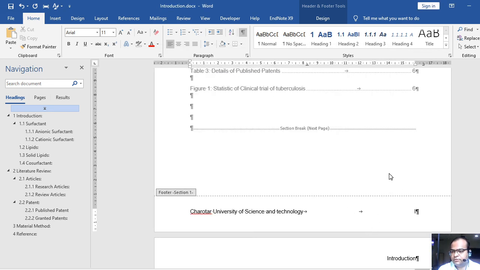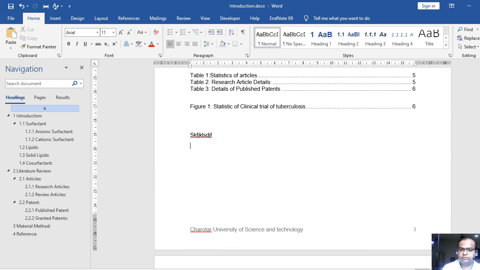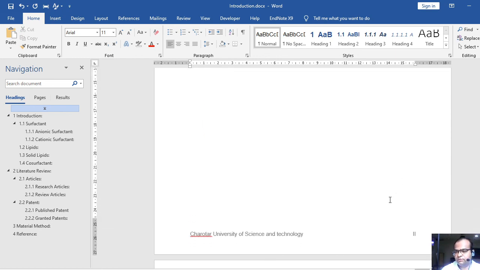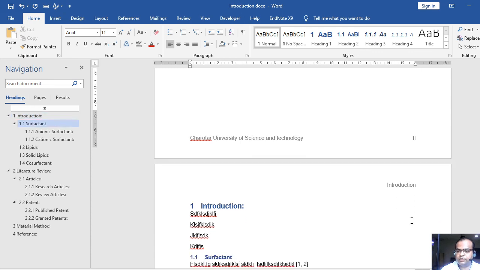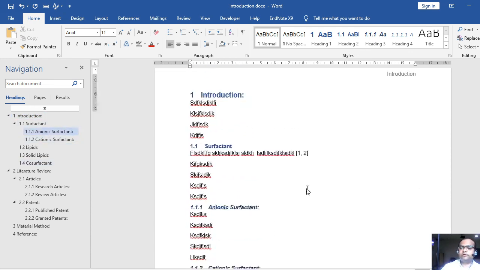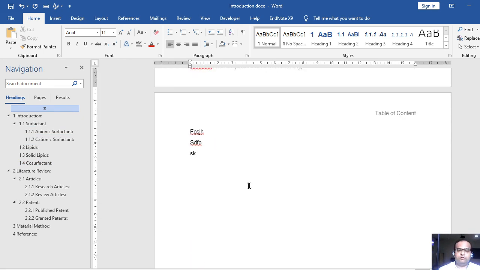I have introduced the Roman page number system here, and look, now it is a Roman page number. If I am still continuing in the table of contents, the Roman page number will be 2, and now the introduction will start with page number 1. So this is how nicely you can manage your report in Microsoft Word.